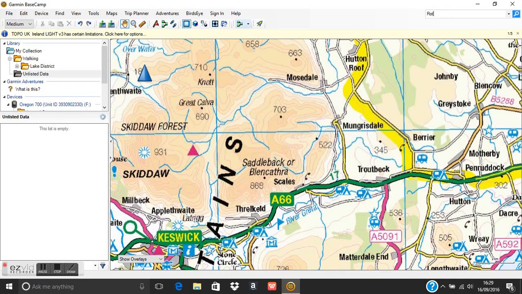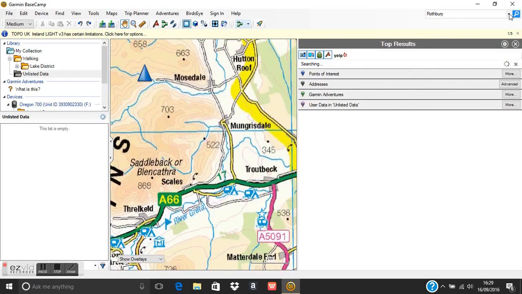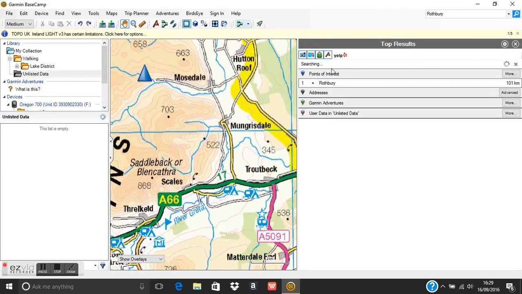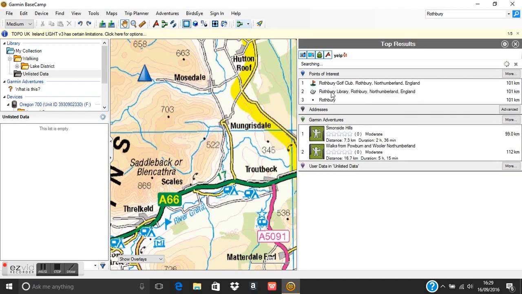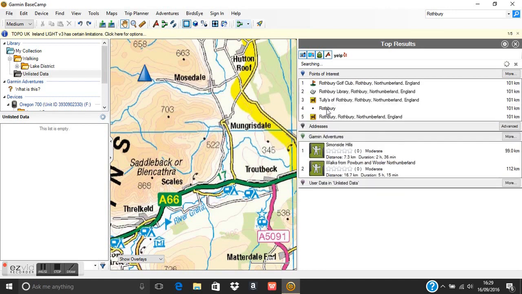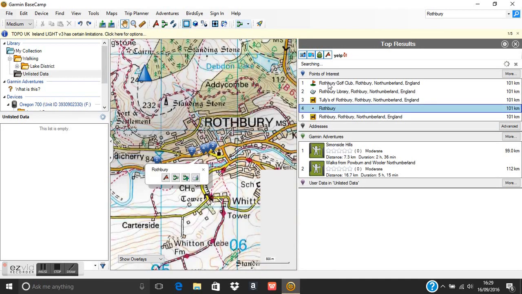This time I'm going to use the search box in the top right hand window and type in Rothbury, which is where we're based in Northumberland, and just hit the magnifying glass at the side, left click on the magnifying glass, and now in this top results box it'll start searching for anywhere with Rothbury in the name. Little black dot tells me it's a village, centre of the village or a town. If I double click on that Rothbury,